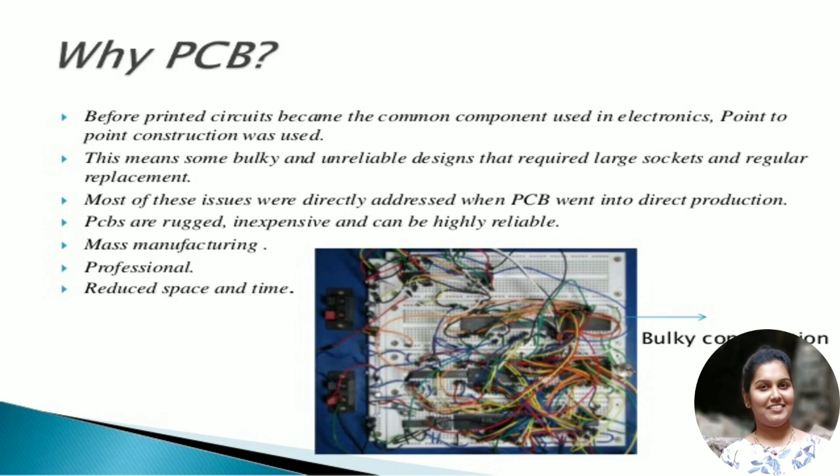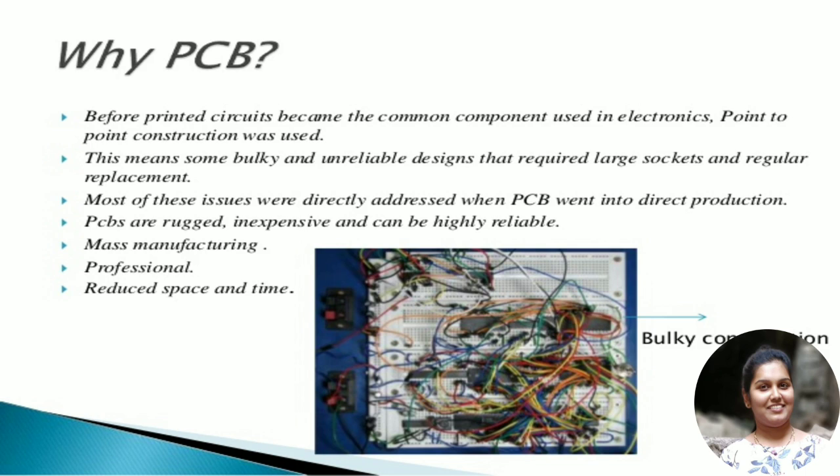For each and every electronic circuit that we design, we have to sit and connect all the components, and every wiring should be done individually. In the case of PCBs, that problem has been addressed and overcome. Once a design has been developed, that design will be printed on as many boards as you require.